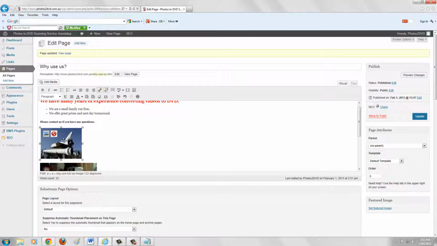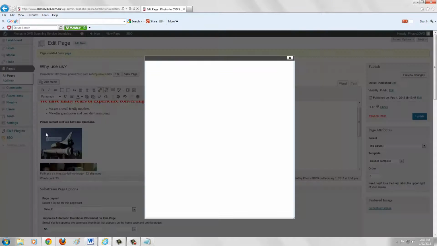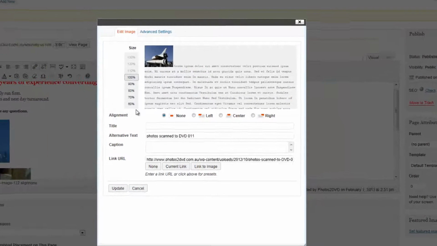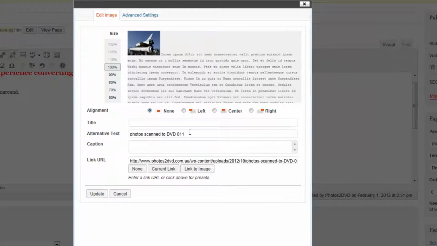Once a picture's been inserted there, if you suddenly realized you wanted to maybe change the alignment or add some alt text, you can click on this little button here that says edit image. Up comes your dialog box, and from here you could put some alternative text. Again, make it relevant. So if you took that plumber example, we could put